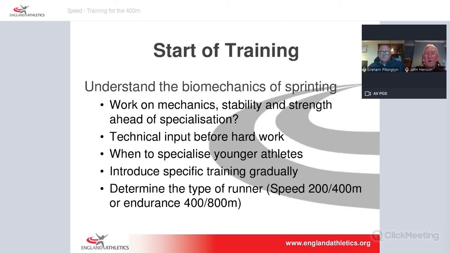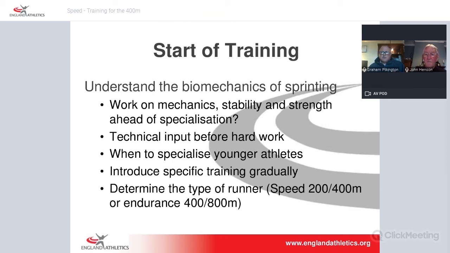You want to try all the events, both below and above the 400 sometimes, to see where you are physically with that particular athlete. So I would say, try all the events, but if he or she is really determined that 400 meters is the goal for them, then 17, 18 years old is probably a good age to start